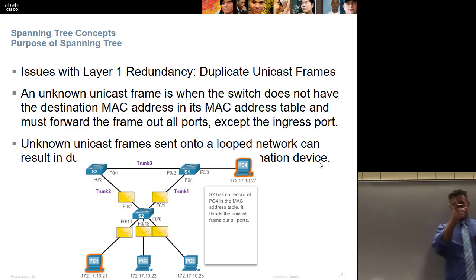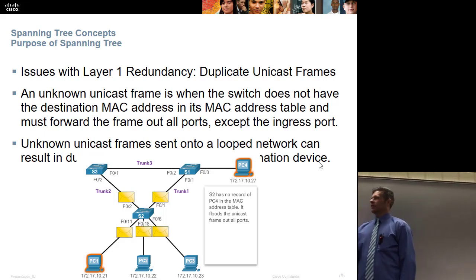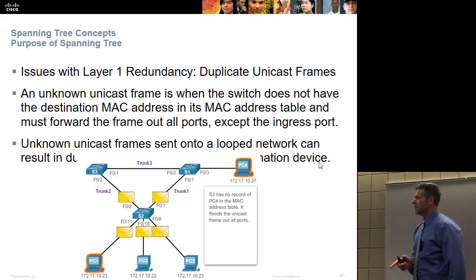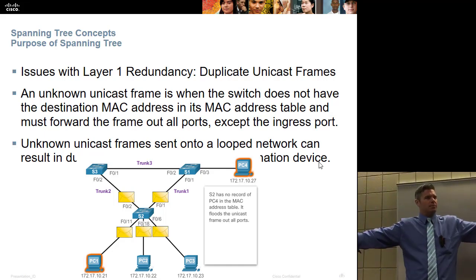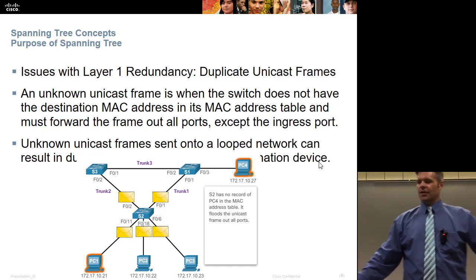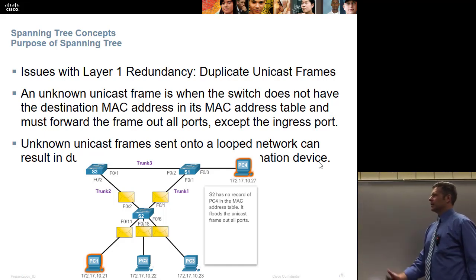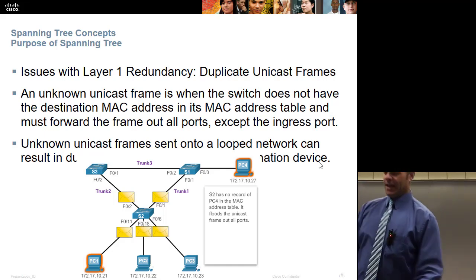A unicast frame, 1-to-1, right? I talk to you. Similarly, if it doesn't have a destination MAC in the table, it spams it out to all the ports, says, I don't know which MAC address is supposed to get this. Out it goes to everybody, and then again with the new